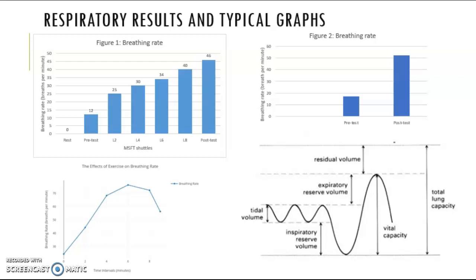Before we start the multi-stage fitness test, our breathing rate will be around our resting value, although it may increase due to an anticipatory rise. This is where anxiety or adrenaline causes a rise in heart rate and therefore breathing rate. From our results, we can see that our pre-test athlete had a breathing rate of 12 breaths per minute, showing no anticipatory rise, although our level 2 reading has increased to 25 due to a higher demand for oxygen in